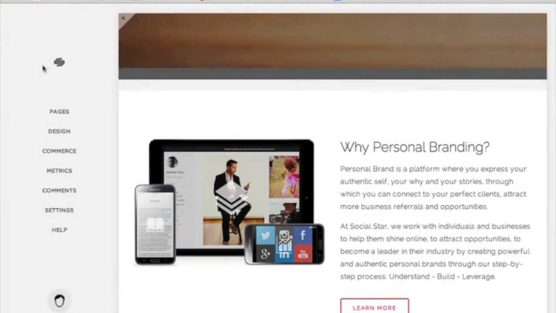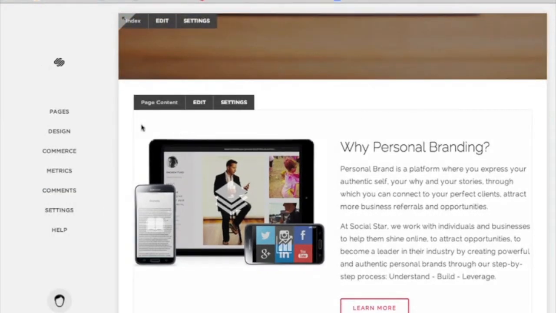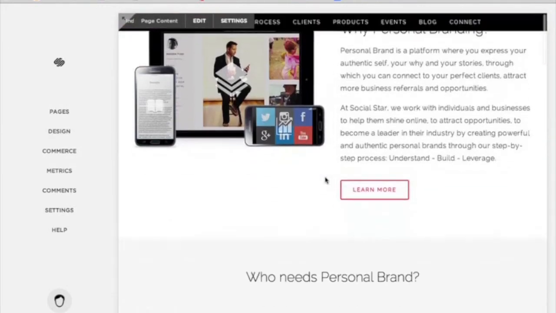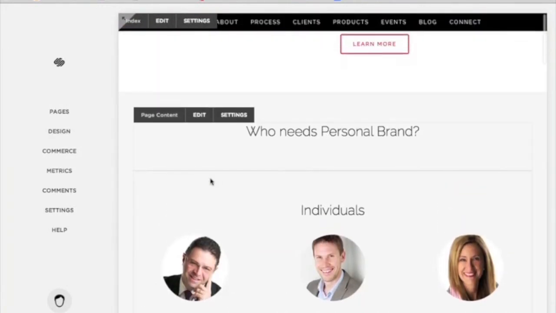So I'll just press that save button, and that just goes back into the small screen, back ready to edit. So that's the first thing. The second thing is in terms of the pages, and I'm just going to go to the